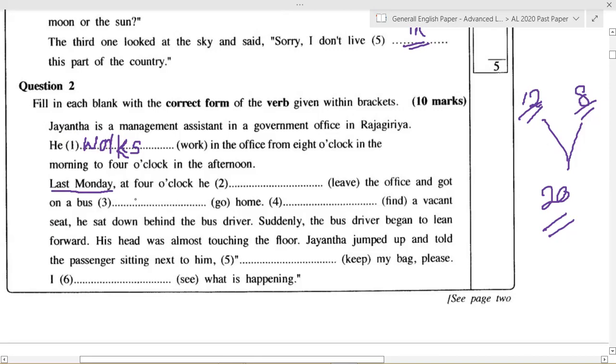At 4 o'clock, he blank the office and got on a bus. Look here, got, and another verb has to be joined with and. So it means he leaves, past tense. The past form of leave is left. He left the office and got on a bus